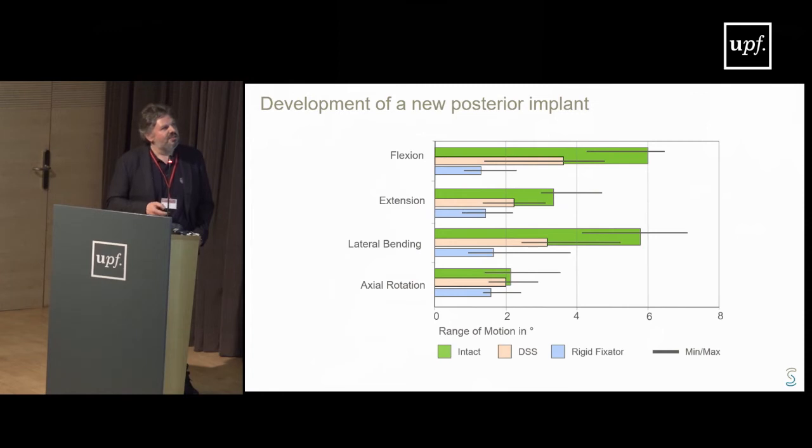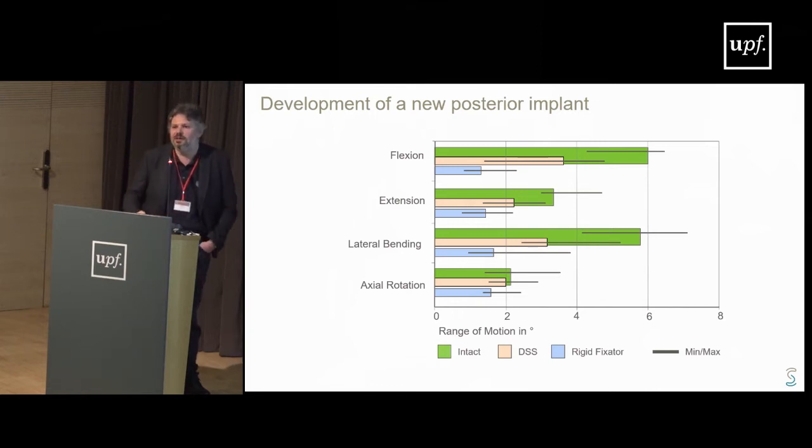And these are the results that show very nicely that you see in green we have the flexibility of the intact spine, in this light blue the flexibility of the rigid fixator, and the new implant is in the middle, so exactly what the company wanted. So using a model allowed us to have the mechanical behavior of the implant that was required by the company. Actually, this story goes on a little bit because